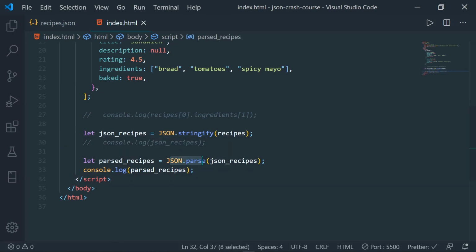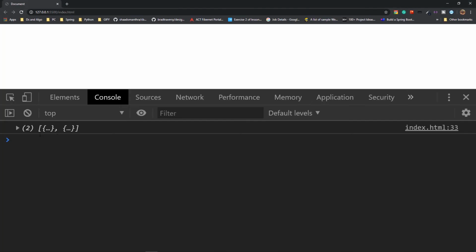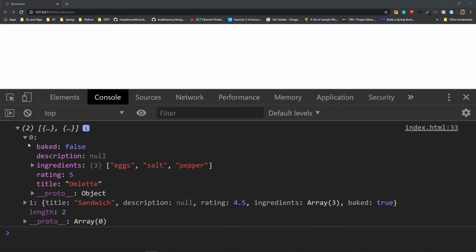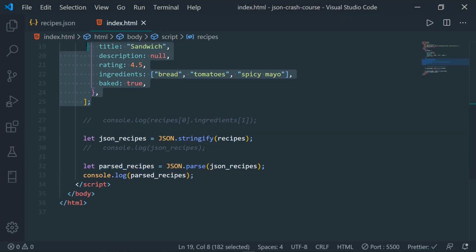So the syntax for that is something like this. So now we are using the JSON.parse to convert the stringified version of the JSON data into a normal JSON object consisting of all the values. So now if you console log that and go to the browser, as you can see here, we're getting the same output that we had got earlier when we were trying to console log the whole recipes. So in this way, you can just send the data onto the server or get the data from the server or an API present online.